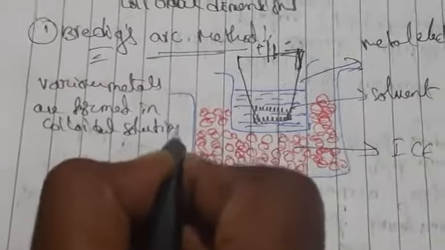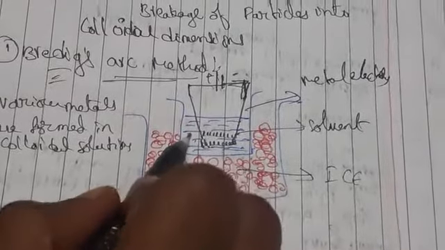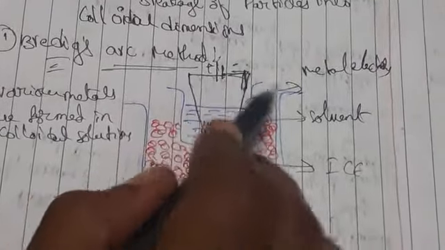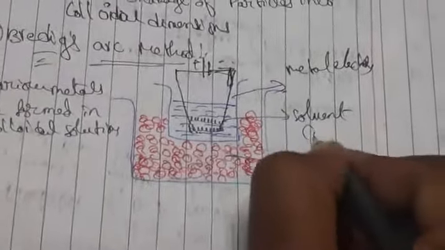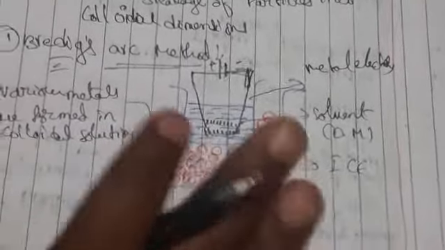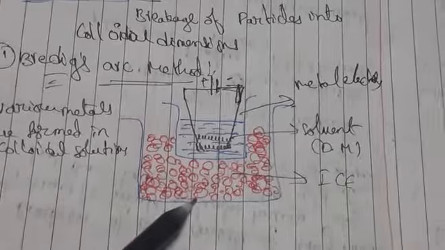If we place the metal electrodes in a solvent, this is called the dispersion medium. We place two metal electrodes in the solvent, connected to a battery. The solvent is nothing but the dispersion medium, taken in a large vessel. This dispersion medium is placed on a freezing mixture, that is, ice cubes. Here we get an arc, which is struck when electricity is applied.